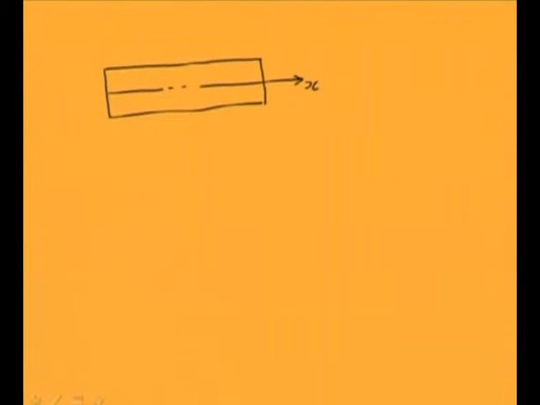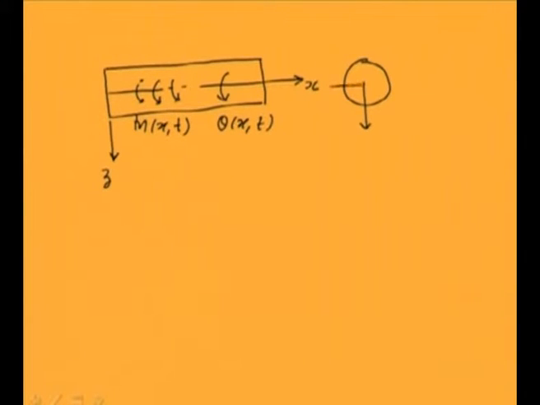So this is the x axis of the rod and this is the z axis, and it is loaded with a distributed moment which is a function of the spatial coordinate and also the time. At any general location of the rod, angular displacement is taking place, that is theta(x,t). And if you see the side view of this rod, we can point out one point, let us say point P.